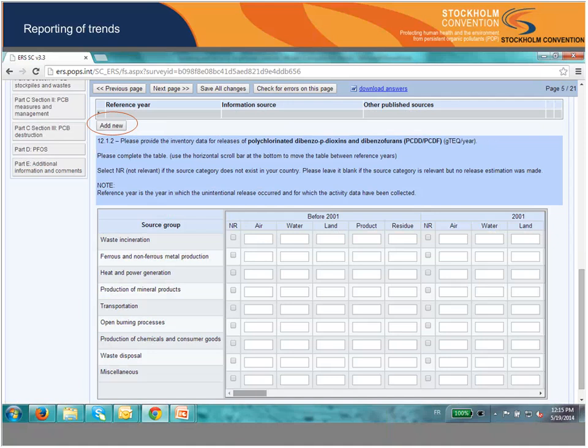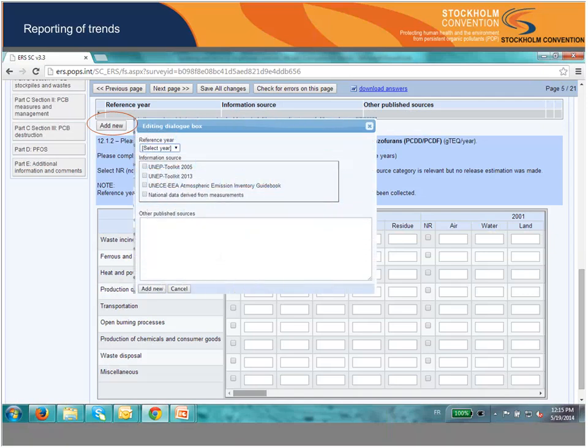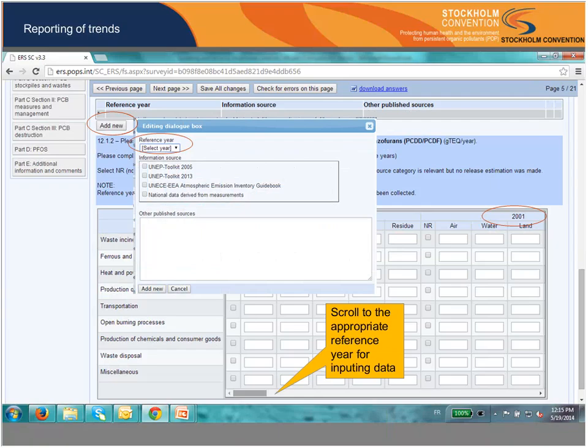This is the page where you will be entering the data in the reporting format. It is very important that you ensure that the selected year as reference year corresponds to the reference year for which you have calculated the releases. And this is how the year can be selected, and then you have to scroll to the appropriate year to input your